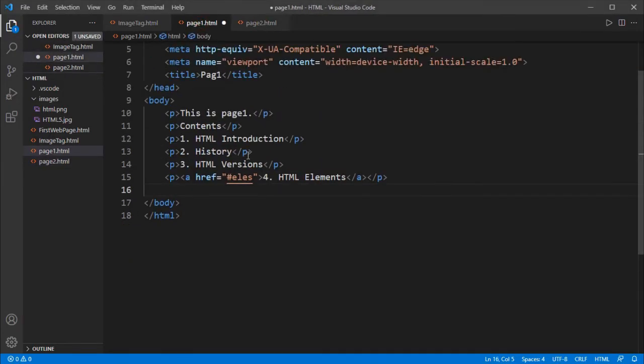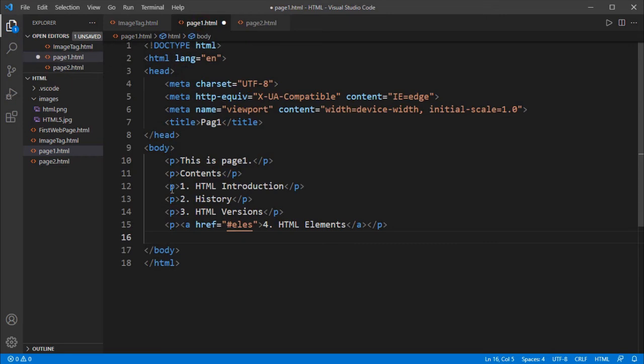See here, in page1.html we have only the contents, but the related information is in page2.html. So in such cases you are going to navigate to page2.html. For example, if you take HTML elements, which is located at page2.html, and the location, which means without scrolling down in page2.html, it displays the HTML elements section.